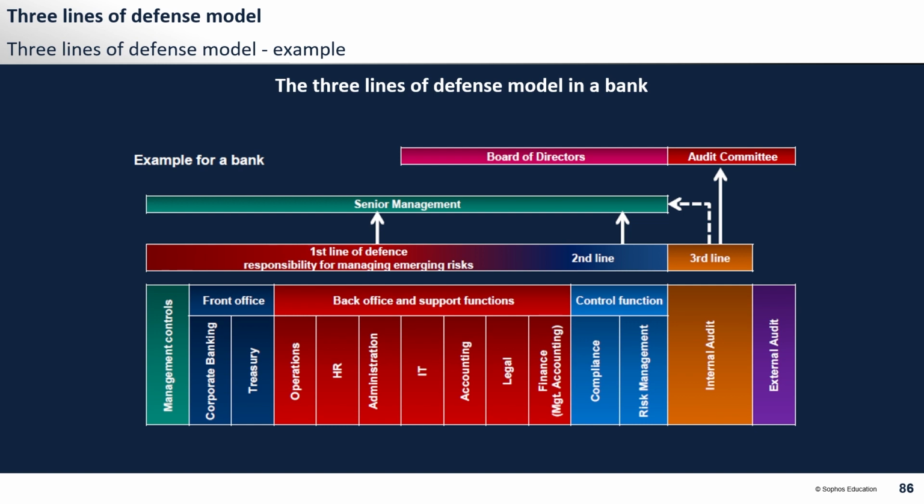You can see that there are a certain number of front office functions, such as corporate banking and treasury. You can see that there are some so-called back office and support functions: operations, HR, administration, IT, accounting, legal, and finance. And then you would have some control functions. So in a bank, it's very clear. I'm going to say it's roughly clear what is a second and first line of defense function, such as compliance